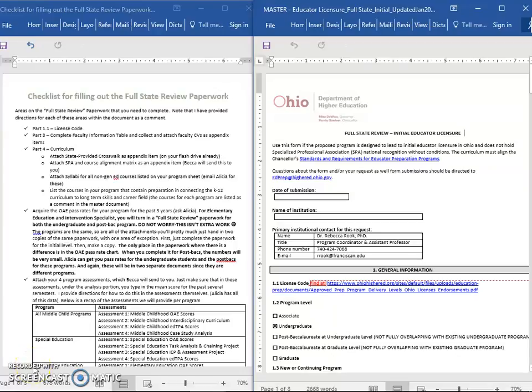Hello colleagues, I wanted to do a short video where I just walk through the different components of the full state review program paperwork that you will eventually turn into me, and then I will submit it to the state for your various programs. So what I thought I would do, because I've created a master template with the full state review, which you're not going to have to enter too much information into, but you will have to enter